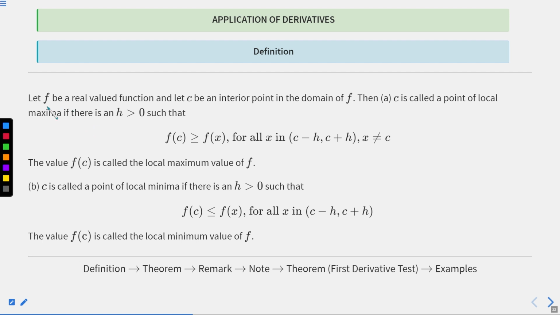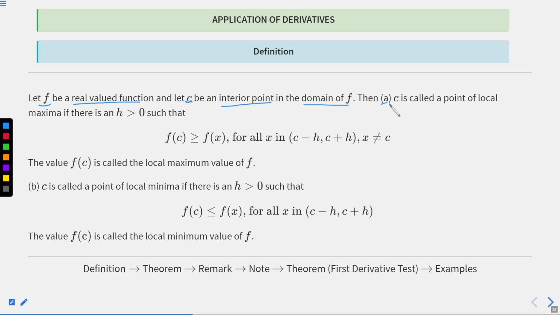If f is a real valued function, I hope that you know what we mean by real valued function. Real valued function means the output or the range is from the real numbers. And take c to be an interior point in the domain of f. What does this mean? This means that c must belong to the domain of f. Then